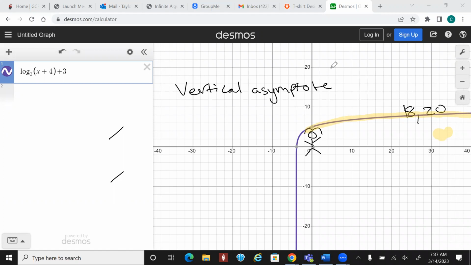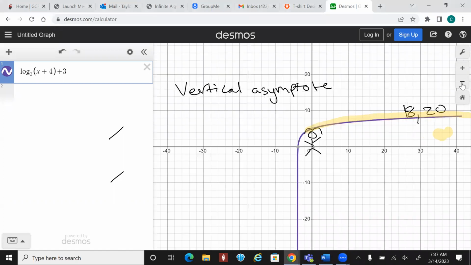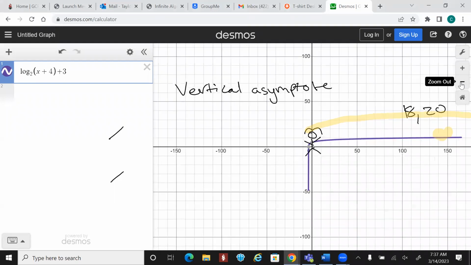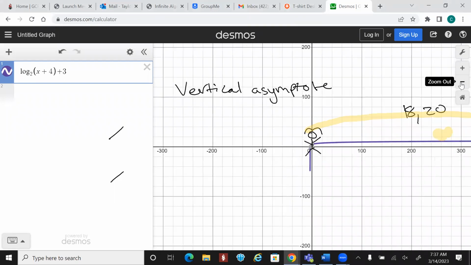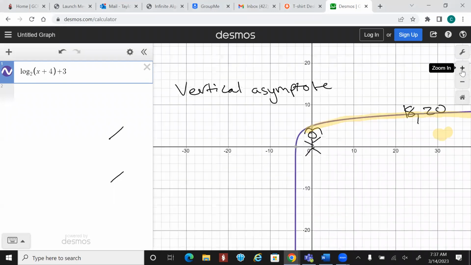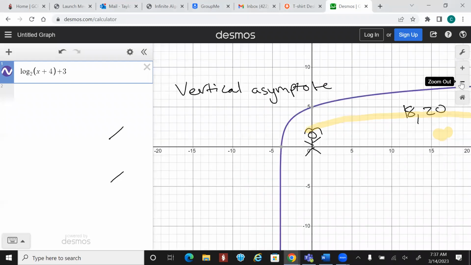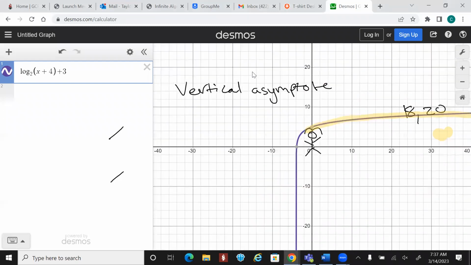Well, let's zoom out if we're not sure. Where are they going? They keep going up. All right. So as we move to the right, our y values are going up. So as x is approaching positive infinity, your y is approaching positive infinity. Okay. As we move to the left,